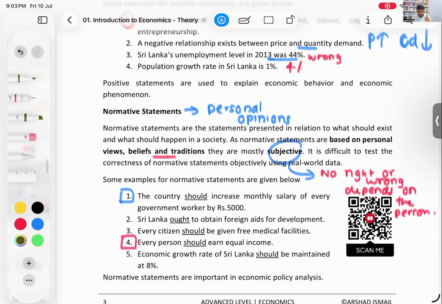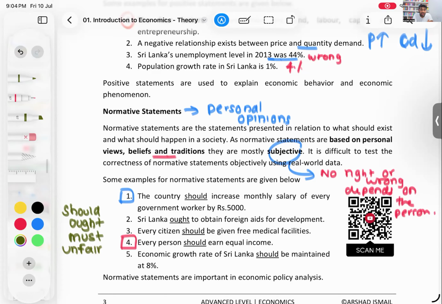So for normative statements, Lamai, an easy way to figure it out is that they have certain words. Words like should, words like ought, words like we must do this, words like, for example, unfair, this is unfair. Those kinds of words, Lamai, are usually there in normative statements. That's an easy way to figure it out. But that doesn't mean every time this word is there, it's normative. Never. But in your A-level paper, when you get questions, if you see a question has words like should, ought, we must do this,